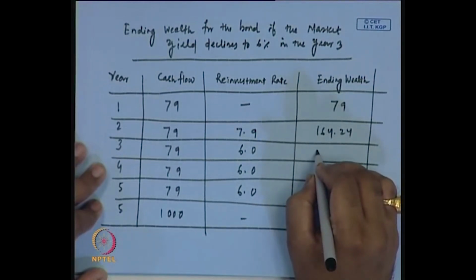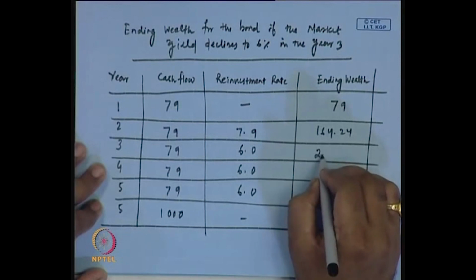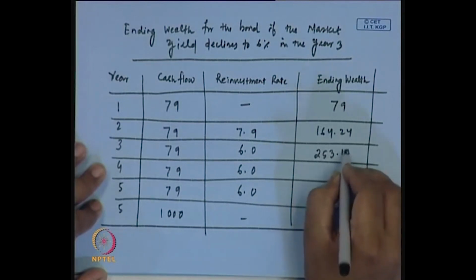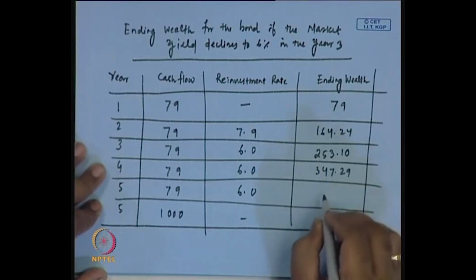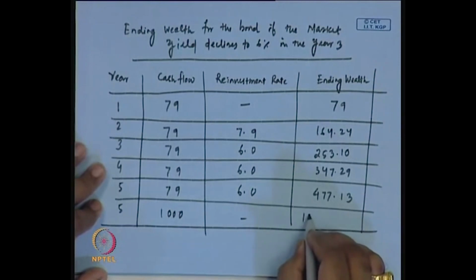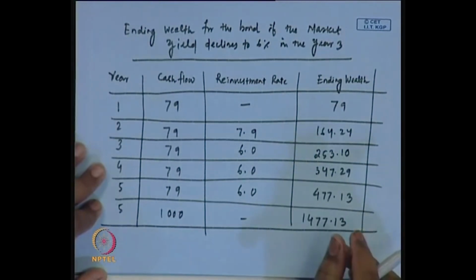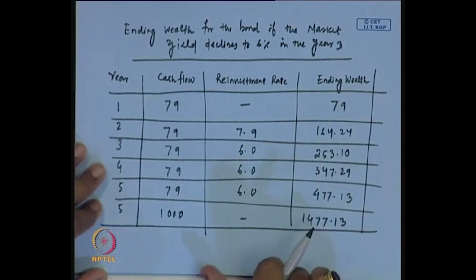Previously it was 256.22, but now it will be 253.10, this will be 347.29, this will be 477.13, and the final value will be 1477.13. So, what we can observe here is that this value of this particular